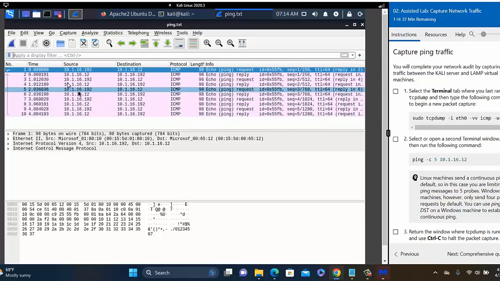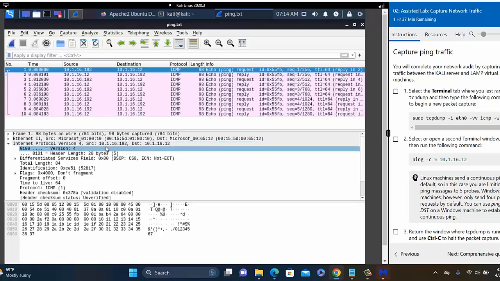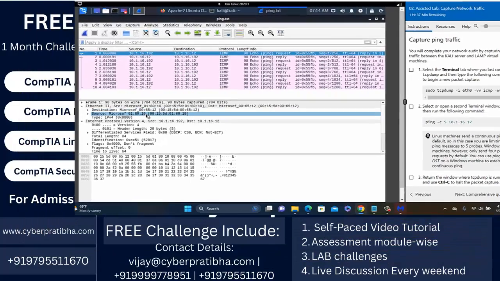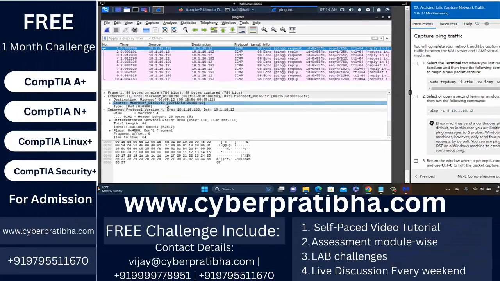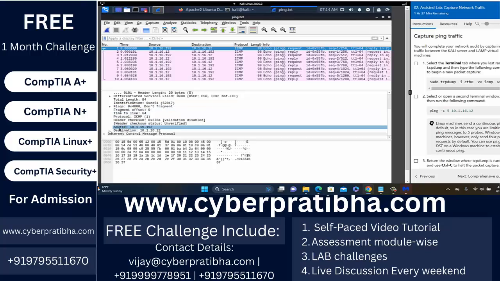If you want to know more detail about this, you can check here the Ethernet and the Internet Protocol, IP version 4, having the source address and the destination address, and in Ethernet the destination MAC address and the source MAC address. It also has other information like the flags, and here is the ICMP message, which shows which type of message it is.